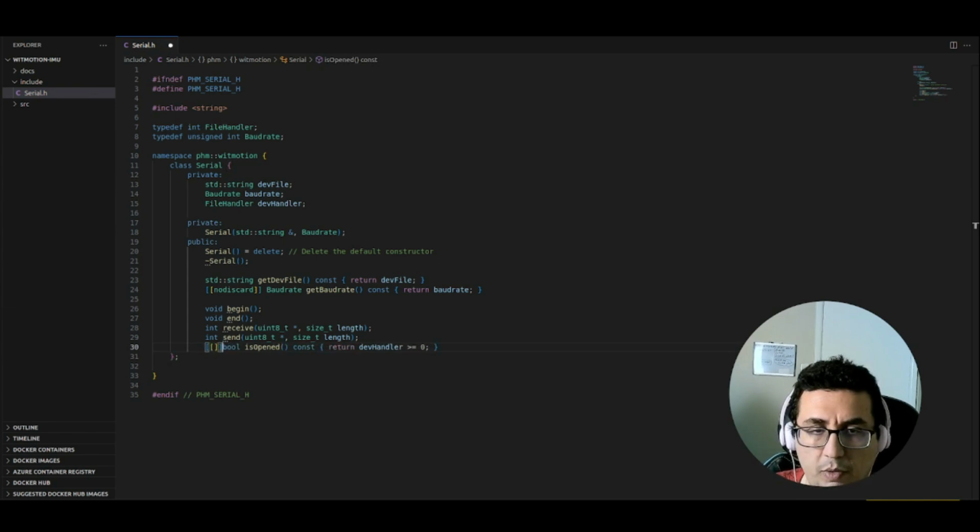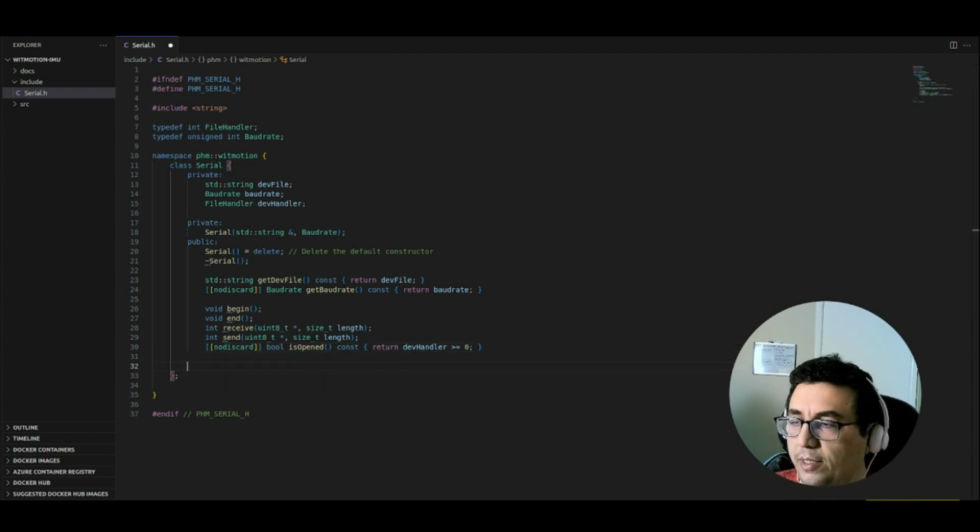And for this one also, I'm going to add the nodiscard just to let the others know that the output is the most important thing that this function is doing. And for the last method, I'm going to define the build function that I mentioned, which